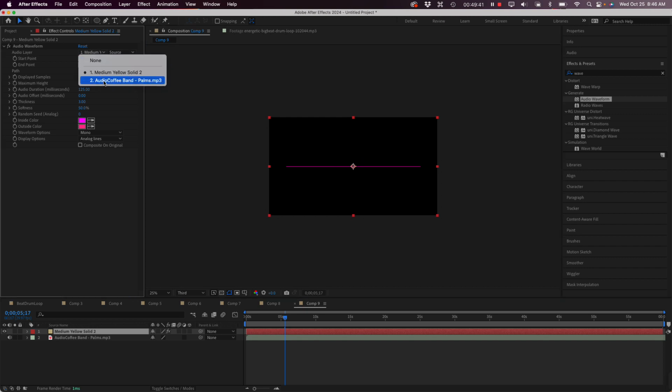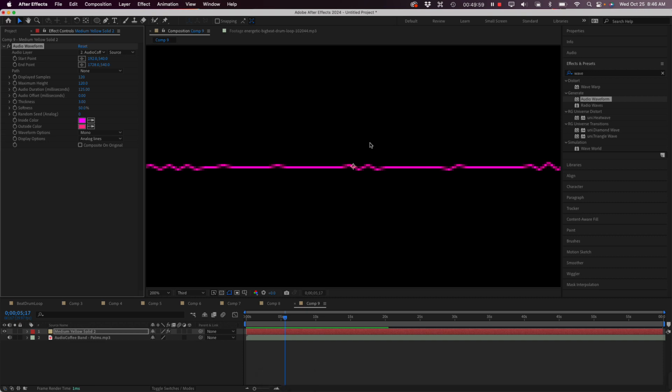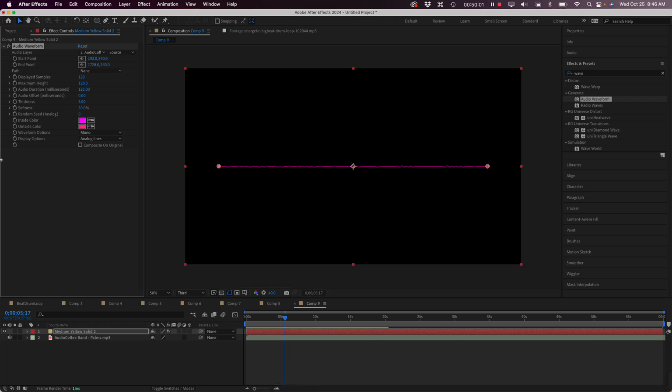So within my settings, I want to tie it to my sound, and if I zoom in on that, you'll see that it starts to distort that line. So if we play it,